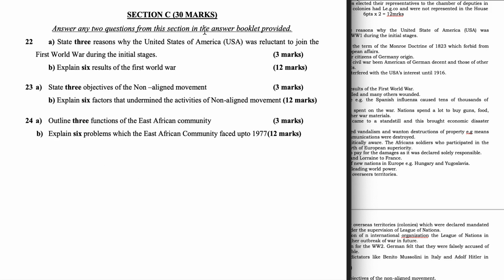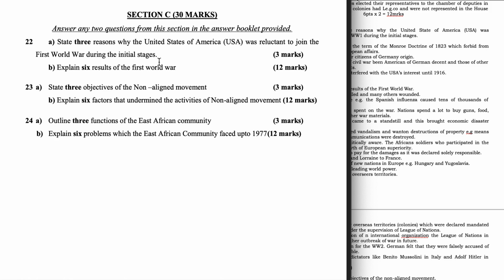Section C, 30 marks. Answer any two questions from this section in the answer booklet provided. Question 22A. State three reasons why the United States of America, USA, was reluctant to join the First World War